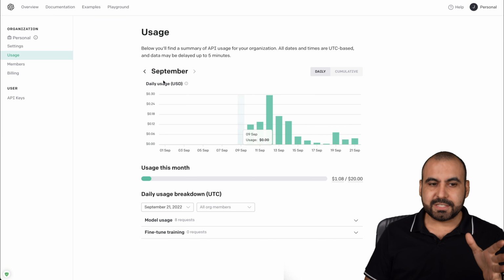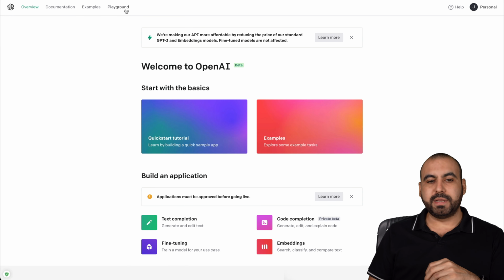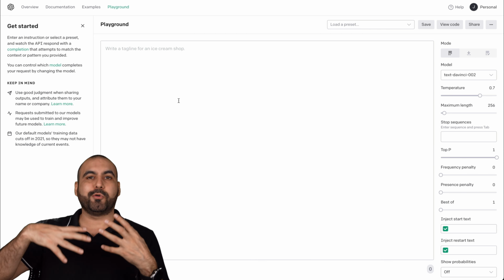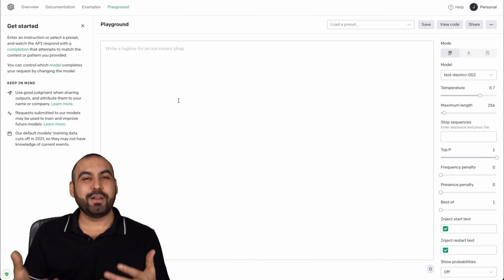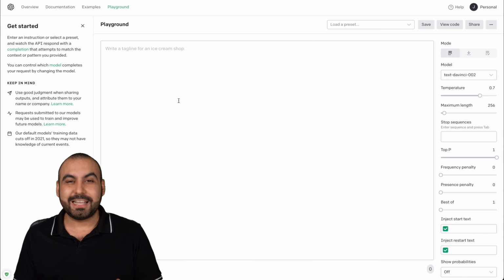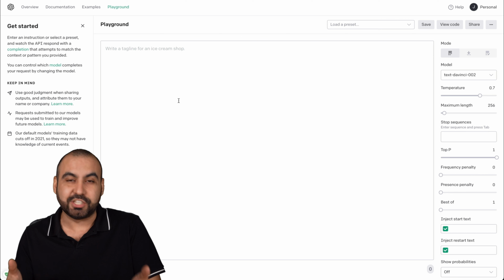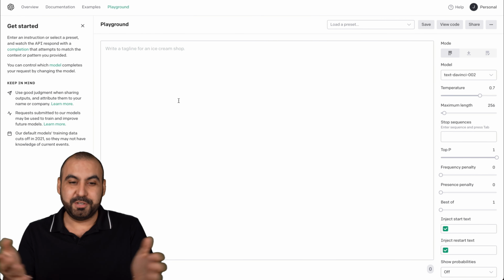Now, let's get started to actually start using this. So what I would recommend is jumping into Playground. And this is where we're going to build it. Now I'm going to show you how to build this. Now be aware that you can build endless possibilities with this and use your own language if you like. I've built my own AI writing for Spanish with this, and let me show you how.